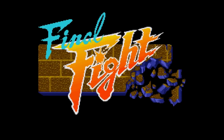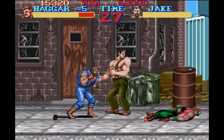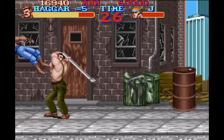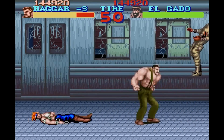Final Fight. I remember seeing this in EGM magazine when the Super Nintendo was first released. I thought, wow, the SNES can really do an arcade perfect port. And then I went out and bought a Genesis. Anyway, I came to find out later that no, this game is not arcade perfect, but the graphics do look